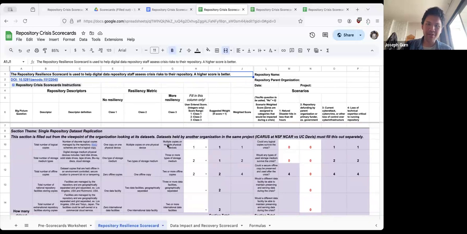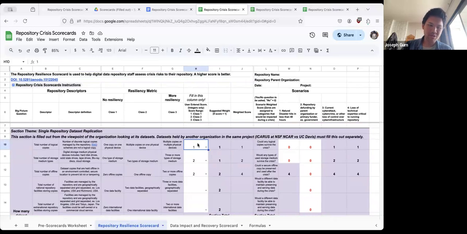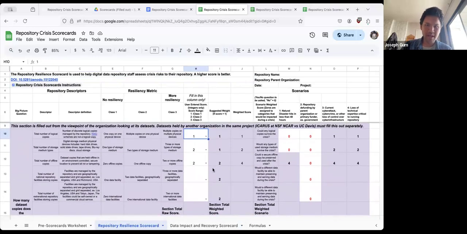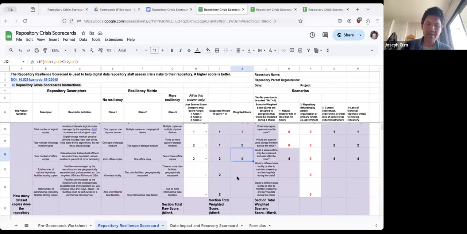There are 3 categories. We ask that you try to figure out where you think your repository fits as best as possible, and then put in a number between 1, 2, and 3 to score. And much like the model data RCN rubric, if there's a weight for more importance, it'll change the score accordingly.